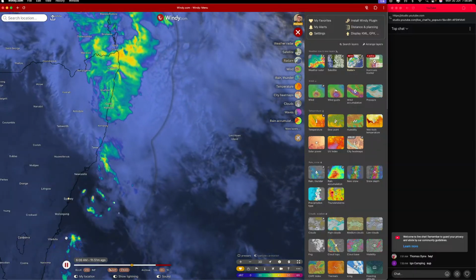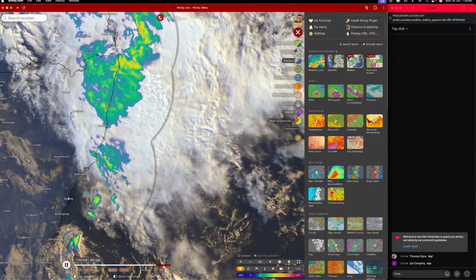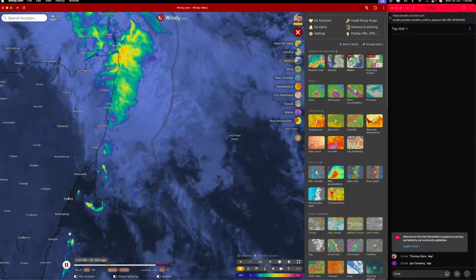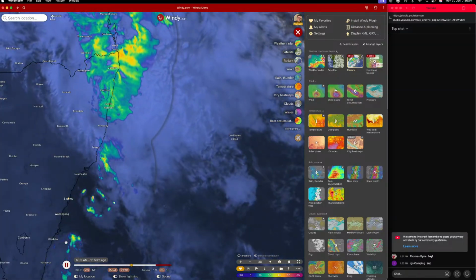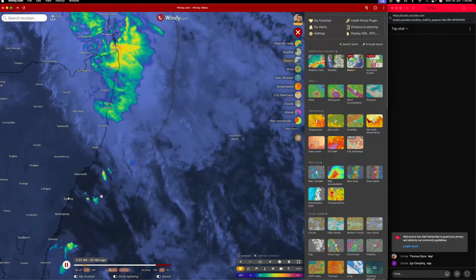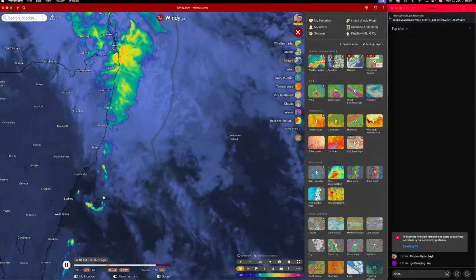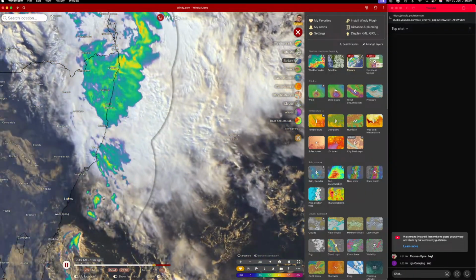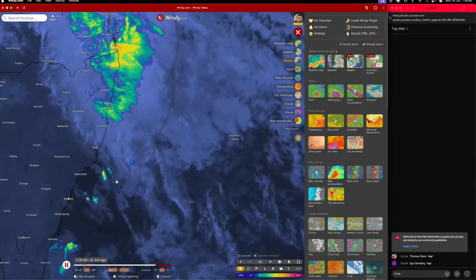And you can see here this subtly just starting to push in already, just very slowly. And it's not meant to be at all strong or gusty at this stage. It'll just be moderate sort of winds initially as it pushes through, and we'll probably have mostly sunny skies this morning until probably the late morning or even early afternoon, and we'll start to see some cloud increase as the